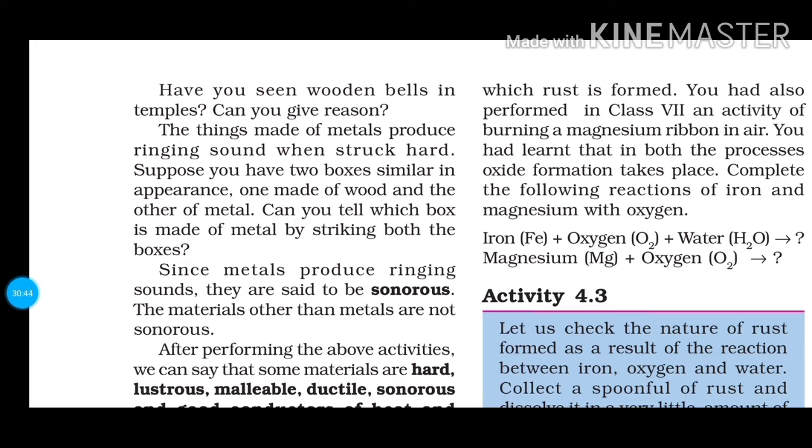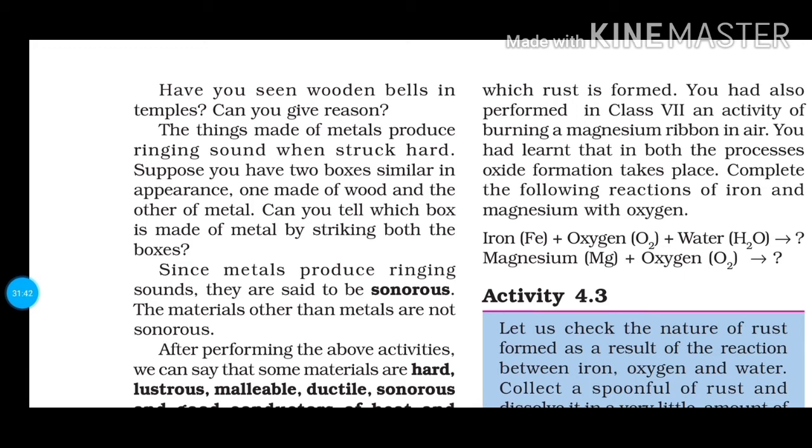ठीक है, if you are talking about the temple bells or school bells or even the bell which is present in your bicycle, ओके, ये सभी किसकी बनी होती है? मेटल्स की बनी होती है। जितनी भी मेटल्स होती हैं these produce the sound। ठीक है, जब भी मेटल्स का सरफेस हिट करता है then it produces the sound। लेकिन जो नॉन मेटल्स होती हैं, non-metals do not produce the sound। This is the reason that we have never and ever seen the wooden bells in temples।